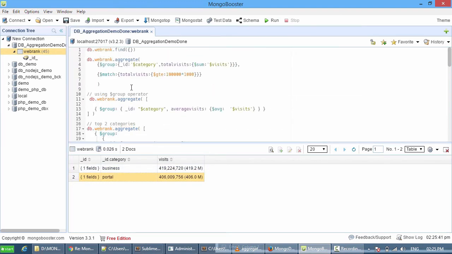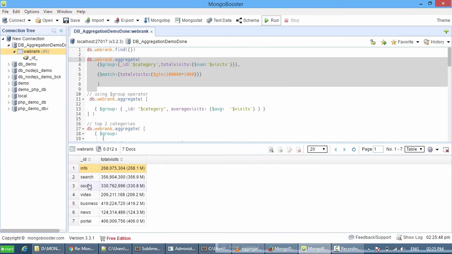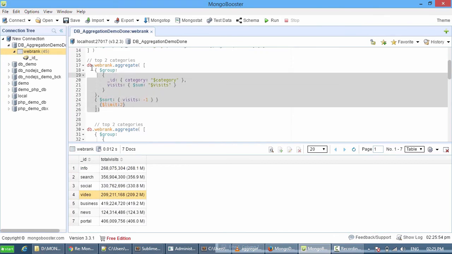In this query, we are going to use the group and match operator. We are going to query based on the ID. And we are going to list the categories which have visits greater than 100 million. So this is a similar one we have seen previously.